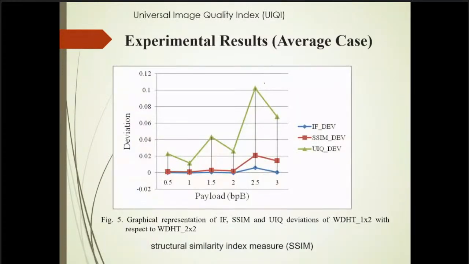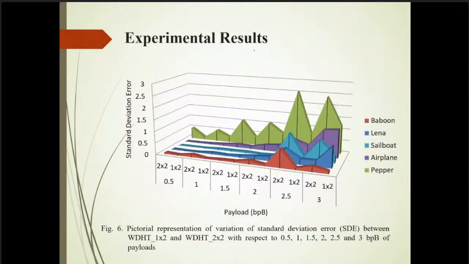You see, these are the deviations we have computed for these two windows, 1x2 and 2x2. You see, deviation generally goes more for 2.5 and 3. This is your standard deviation for 0.5, 1, 1.5. These are payloads 2, 2.5 and 3, and these are for various images we have used. And you see that the deviation is definitely higher towards the higher payloads. But how do you minimize that? That means this can be improved if we go for some pre-processing and post-embedding adjustment.